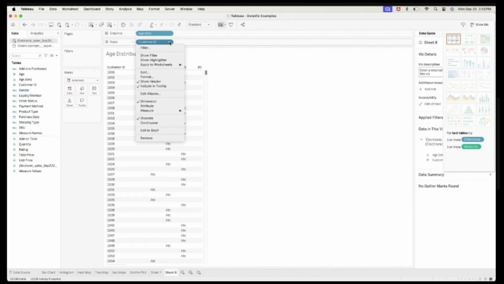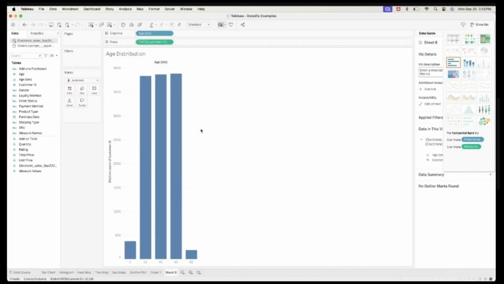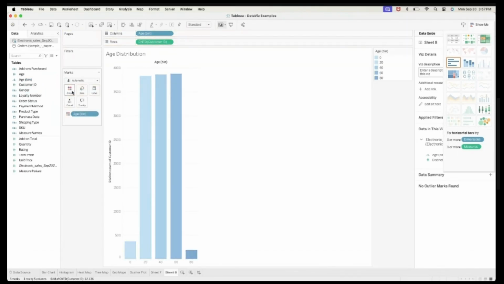Currently, it's a dimension. I will need to change it to a measure. And you have to select count distinct, meaning it will only count the numbers once. Once you change the measure to count distinct, you'll have now your histogram. And then if you want to change the color, say, for example, based on the age bin, then you just have to put it there. Yeah.